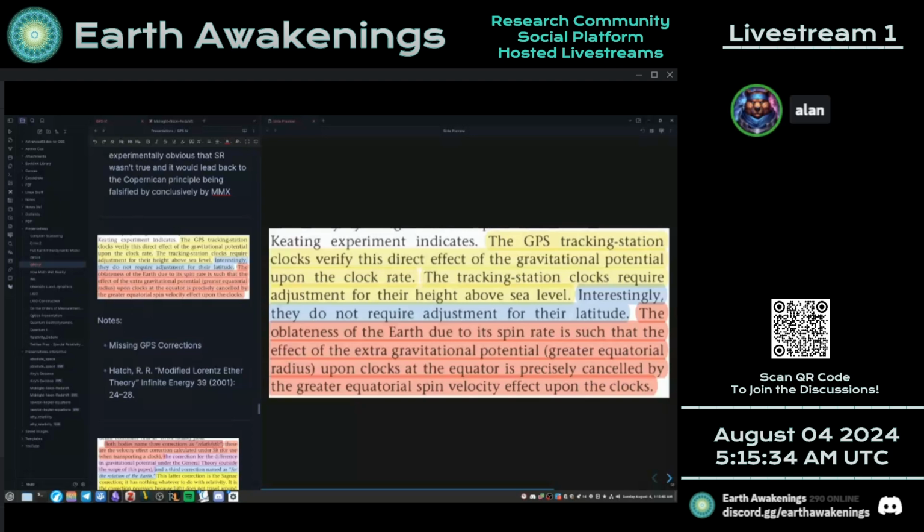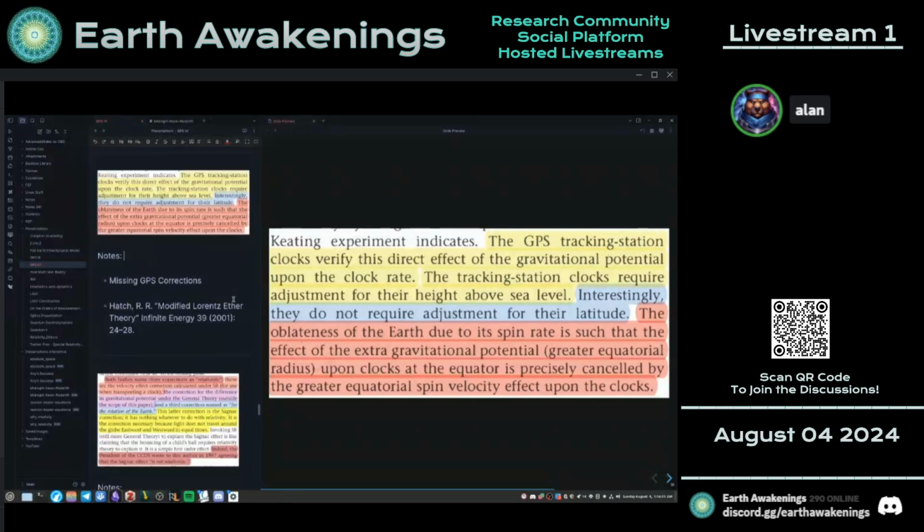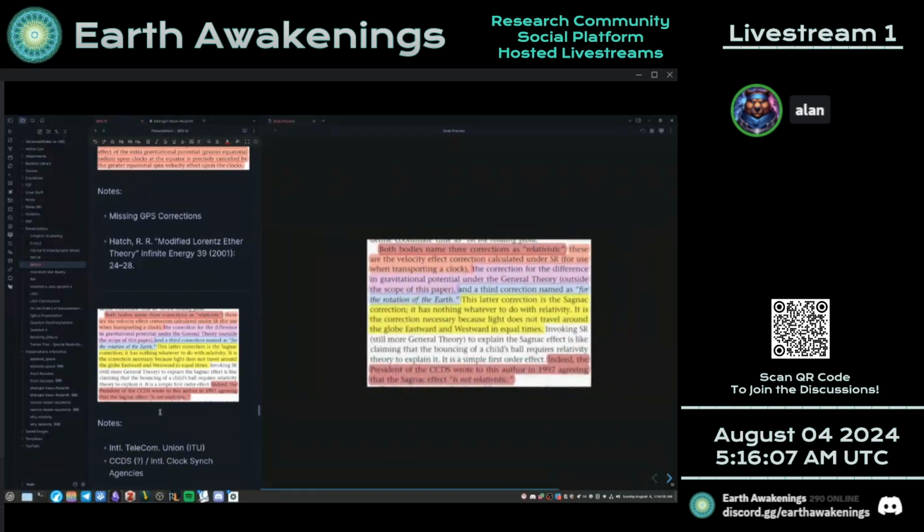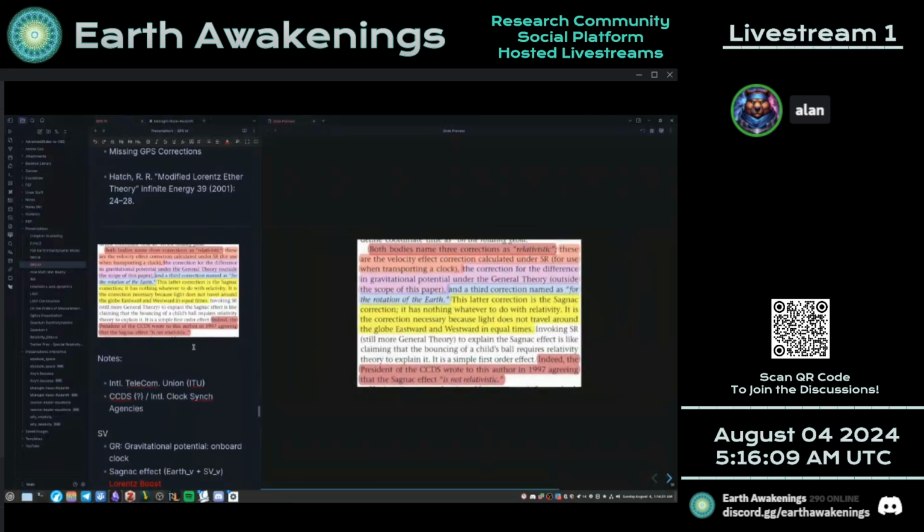So what he's putting forward as an explanation as to why there are no latitude-dependent corrections based off of the gravitational potential between an observer or a ground receiver and the satellite, due to the contour of the Earth, is that it's just offset due to the spin of the oblateness of the Earth rotating through a stationary gravitational field, and it all just happens to work out. So that's their justification for it. We're going to come back to that in a second and revisit the meaningfulness of this correction versus surveying